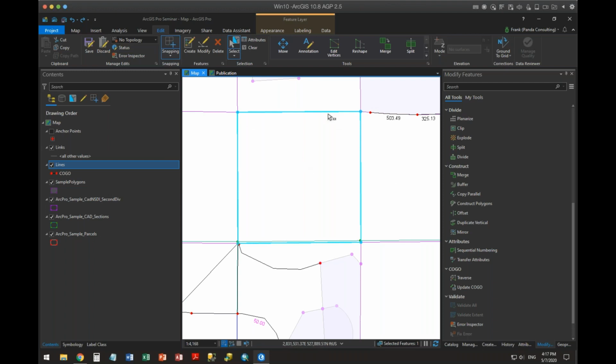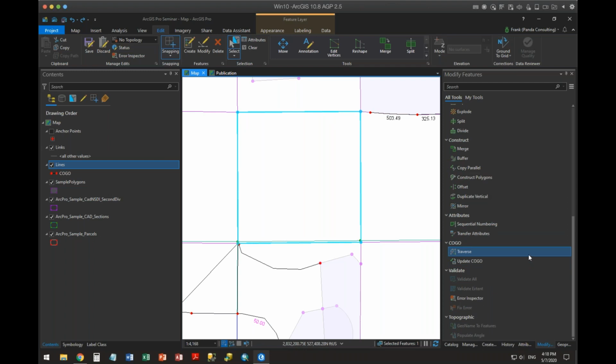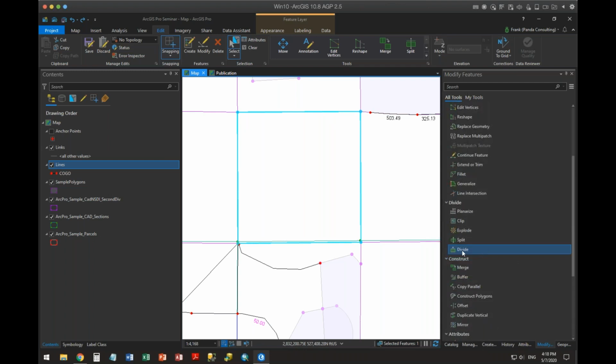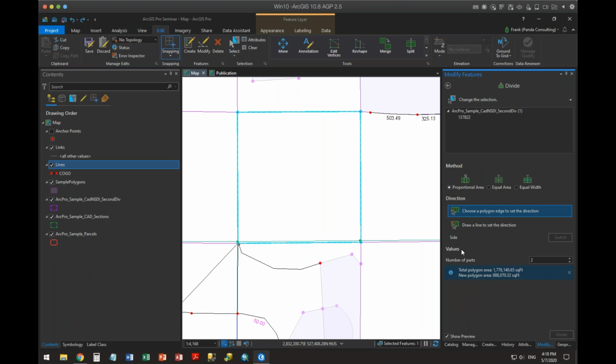All right. So here's another editing tool which I find very, very interesting, and that's the divide tool. The divide tool works differently depending upon whether you have lines selected or a polygon selected. Again, this is a polygon that I have selected. So I can tell it that I want to use this edge to derive these from, and I can proportionally divide this polygon into however many options I want. I can do a proportional area. I can do an equal area, in this case in square feet,